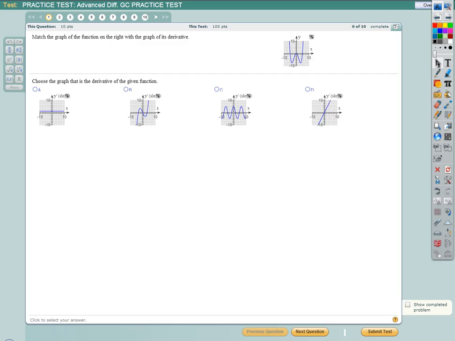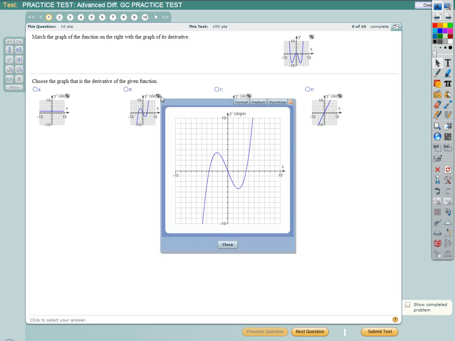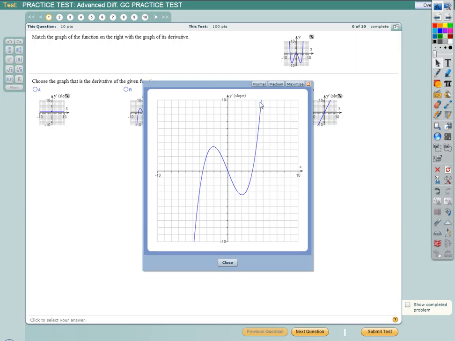So what if it showed you that and you should find the derivative of this? Okay, well, let's look at that one. Let's take another practice. Let's pretend that's the original function. So how many zeros are there on this one? 2. Okay, so we're going to get zeros. There's a horizontal tangent, there's a horizontal tangent, so we get a 0 there and a 0 there. If we split this thing up now,